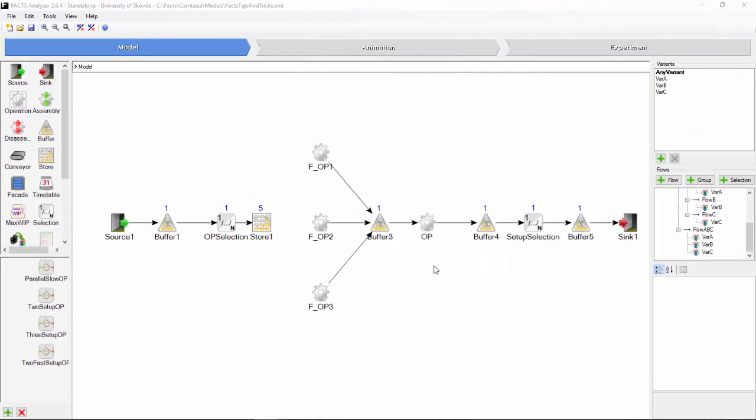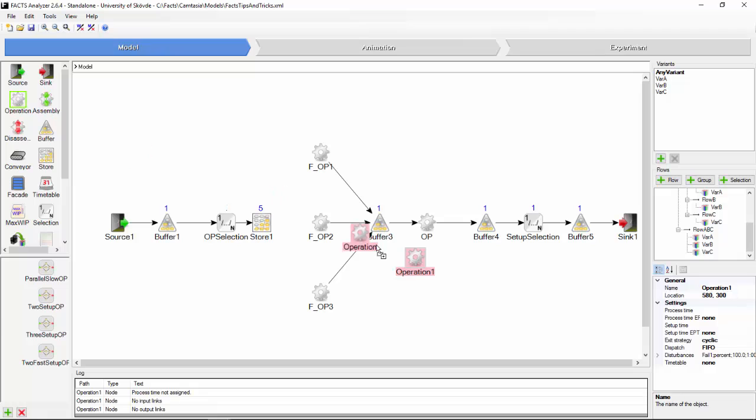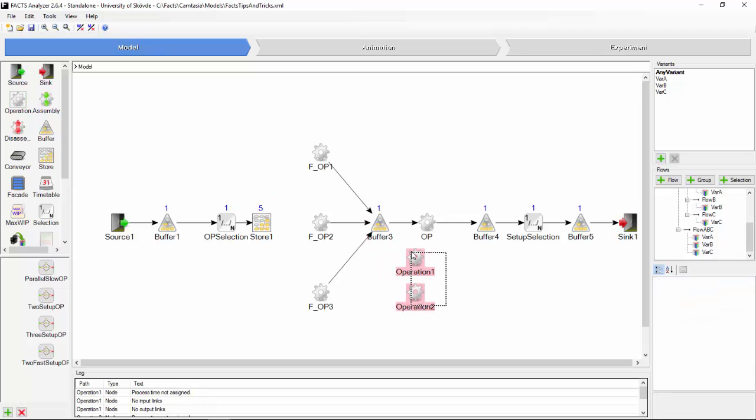Let's consider a case where you want this operation to be parallel. You want to add two more operations at this spot with the same settings. You could either add two new operations and make the necessary settings on those. But instead,